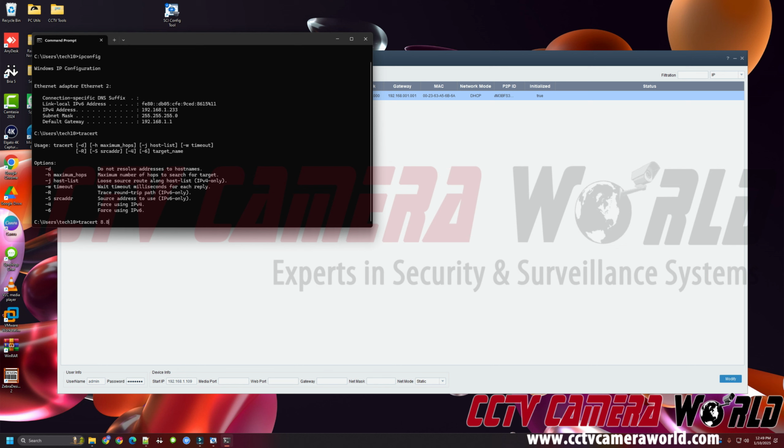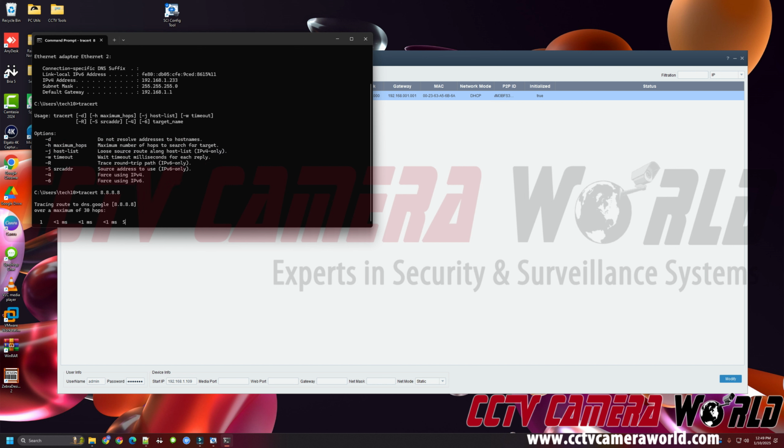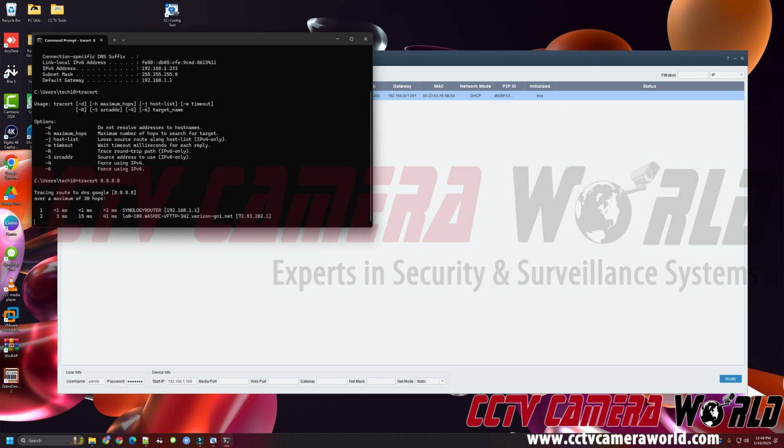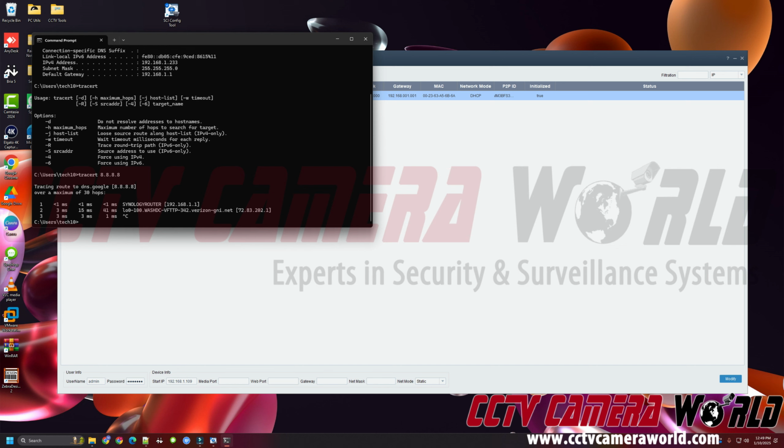I need to do an IP address, so I'm going to do Google's IP address of 8.8.8.8, do a trace route, and then I can see my first hop in my trace route is my router, so that's my IP address scheme for my network. So essentially what I need to do is take that